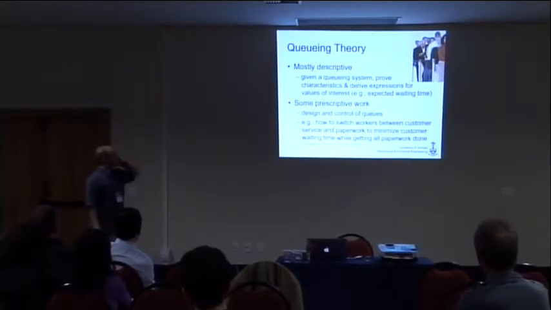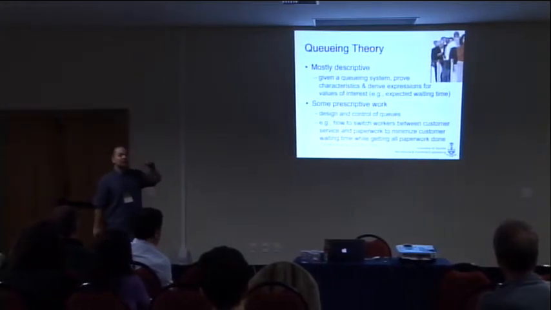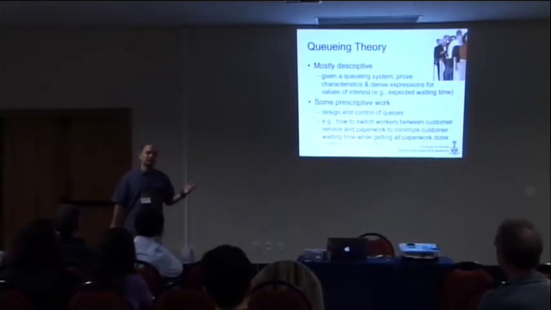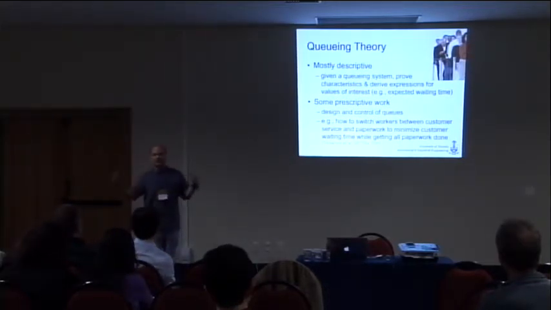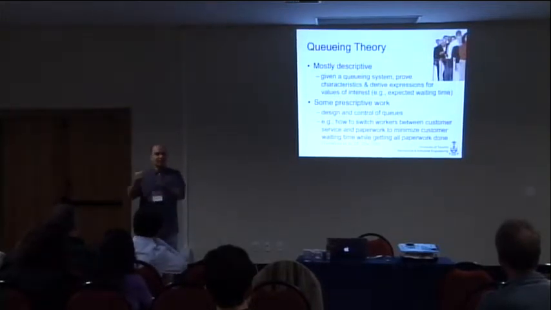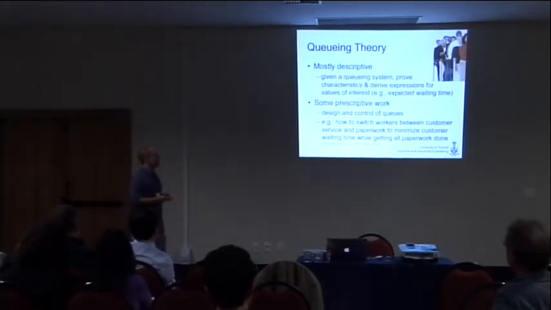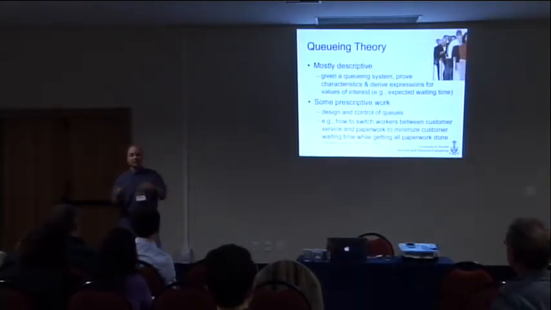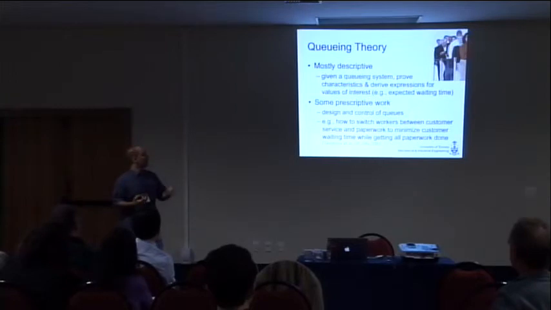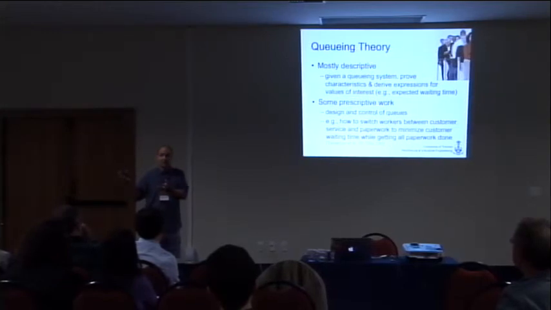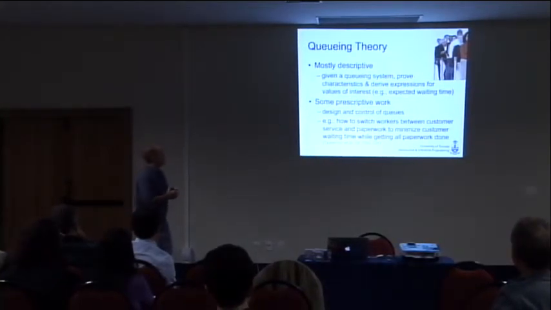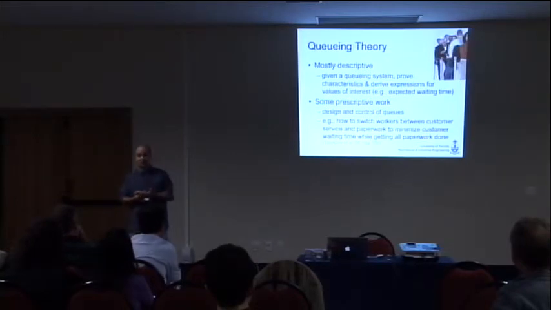Mostly descriptive, so an awful lot of the work in queuing theory says, given a queuing system with these types of characteristics, you might imagine something like a call center, where you have calls coming in, and maybe it's a multilingual call center, and you have various people who can serve different languages. So, assuming a particular type of distribution for arrivals of different classes and for service times of different classes, can we derive expressions for the values of interest? Can we prove that the expected waiting time of this system is going to be represented by this given function of your parameters? There is some prescriptive work that usually goes under the name of design and control of queues,